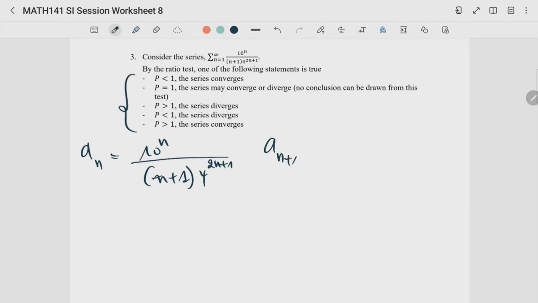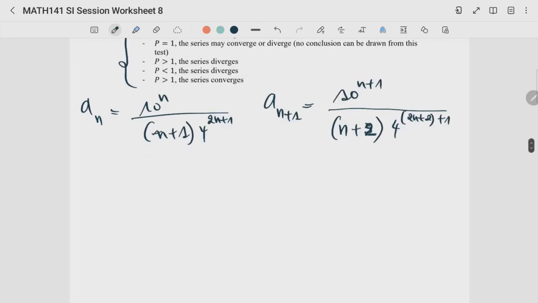Meaning that a_(n+1) is just 10 to the n plus 1 divided by (n plus 2), times 4 to the 2n plus 2 plus 1. And using the ratio test, we therefore have to take the limit as n tends to infinity of a_(n+1) divided by a_n,